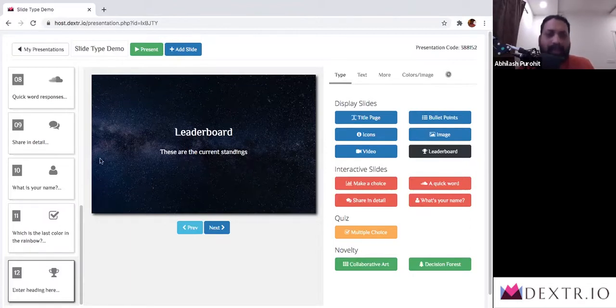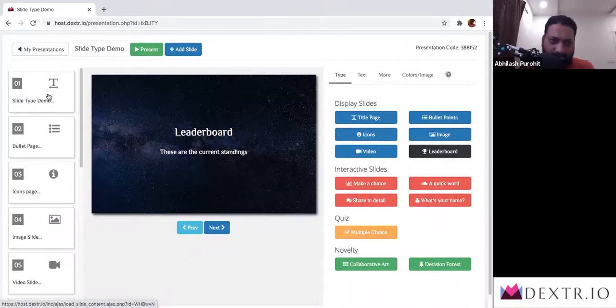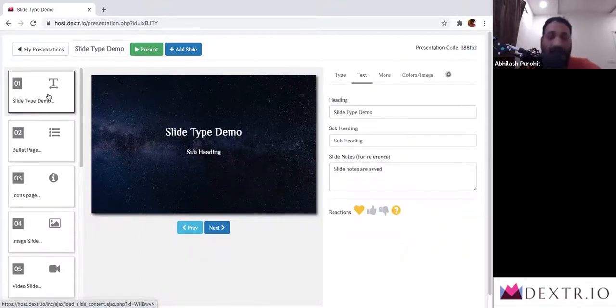Let's do a quick run now, start to end, and see what happens. I'm going to go from here, the first slide. I've got a participant today, and that participant is sitting with 2 or 3 mobile phones, hopefully. And we'll see how to showcase the participation in here as well.